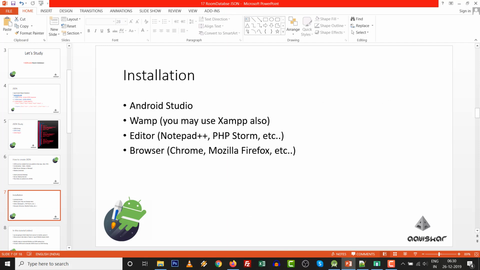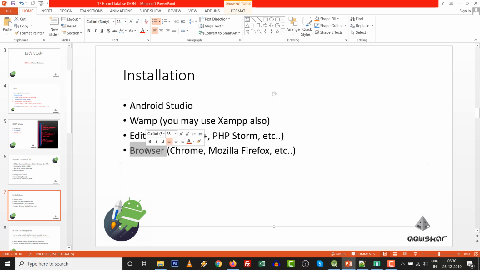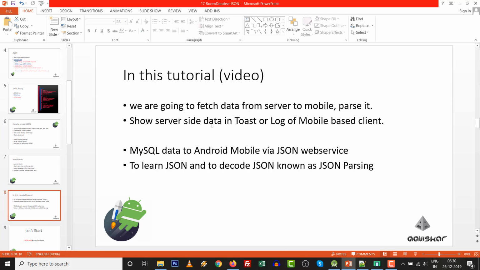So what is the installation of Android Studio? I am preferring WAMP, any editor like Notepad++, PHP Storm or whatever you have, and a browser to check the localhost. So in this tutorial we are going to fetch the data from the server to mobile